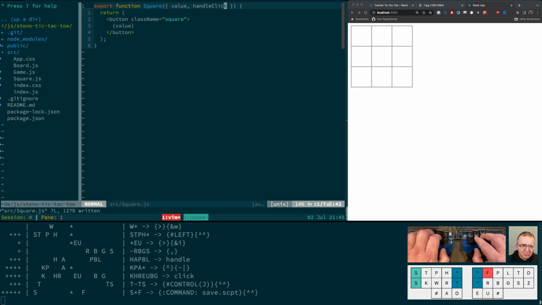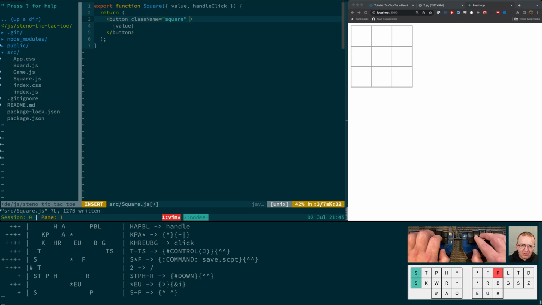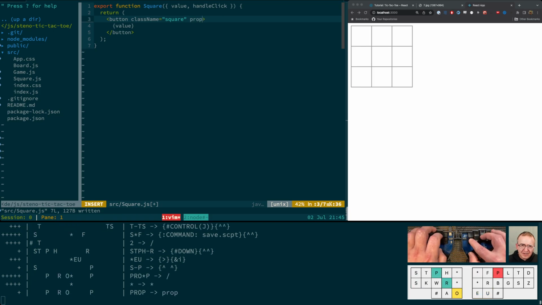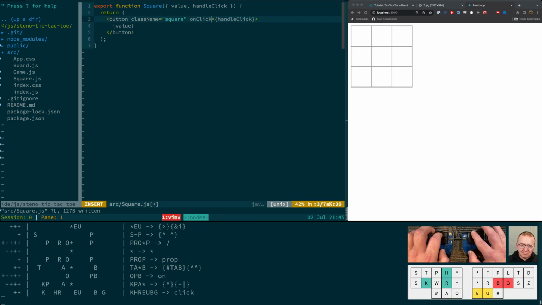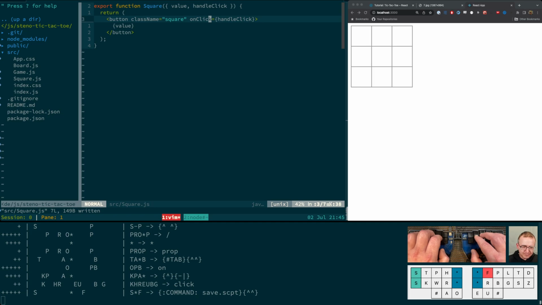and what it needs to do here is quite simply, we'll give it a prop, and we'll say on click, it should call that handle click function. And I think that should probably be it. Let's go and double check over on our board here. Yep, so as we click, we're getting X's. If we click where there already is an X, nothing happens. So we can just keep on putting X's on this board here,